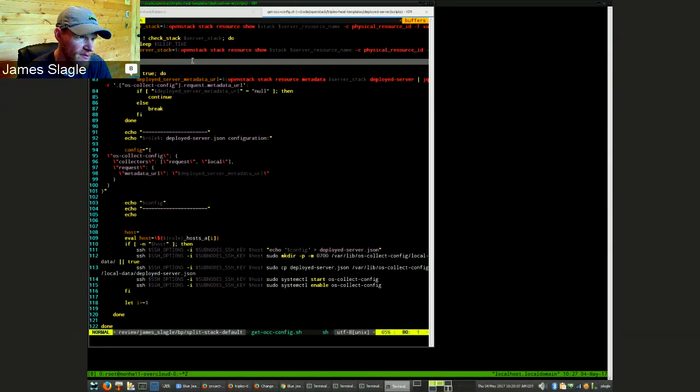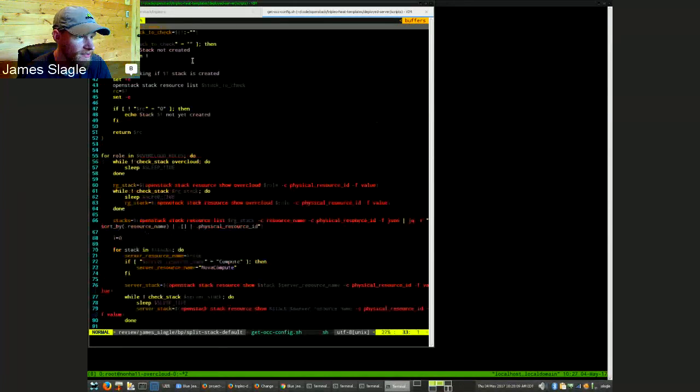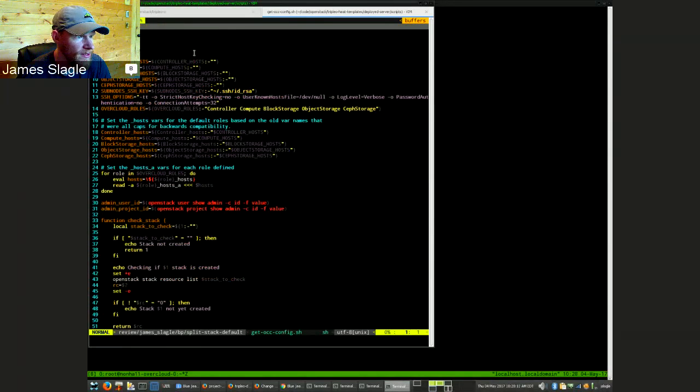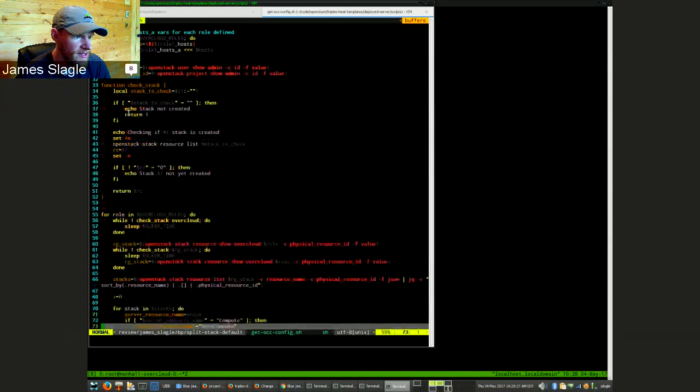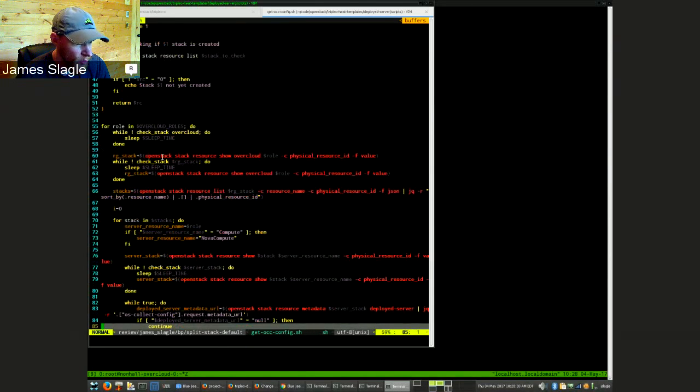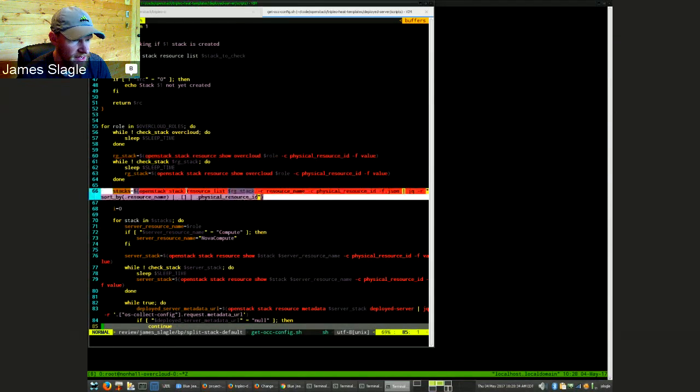But yeah, this should probably be Ansible by default. This is something that we need to move to Ansible. I think it'd be a little bit cleaner. Basically, this script takes as input a list of your role names. I've got the default role names already in here, and it takes a list of IP addresses. What it's going to do is query Heat. You can see I'm running some stack resource list commands, basically those same commands I just showed in my terminal,